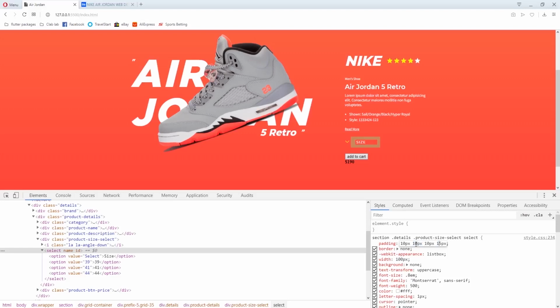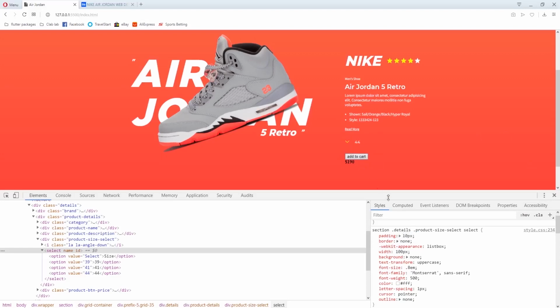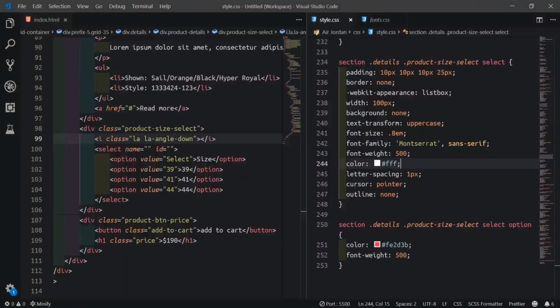Make them like 15 or 10. I'm going to make all of that 10 now. 10 pixel. So 10 pixels, okay. So I'll come here, I'll cancel this one. Just leave on 10 pixel.